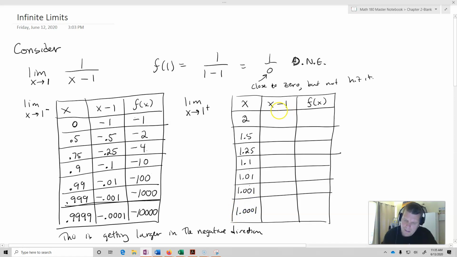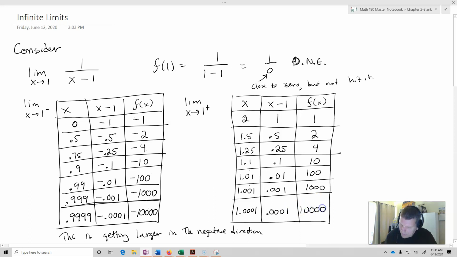Then x minus 1 will be 1, and f of x is going to be 1. This will be 0.5, and now f of x is going to be 2. 0.25, f of x will be 4. 0.1, f of x will be 10. 0.01, 100. 0.001, 1,000. 0.0001,